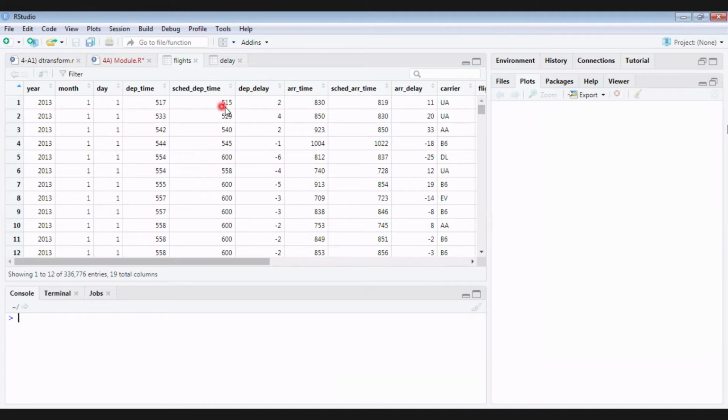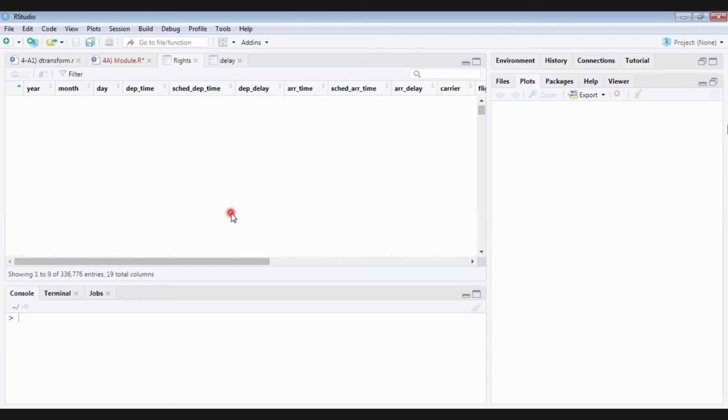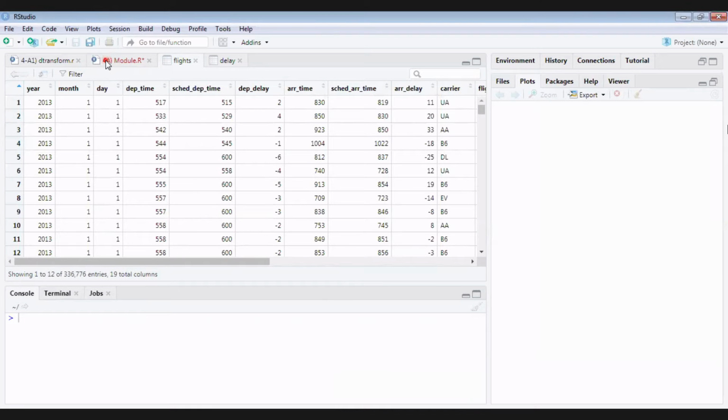So this is like morning 5:15 a.m., 5:29 a.m., 6 a.m. These are the scheduled times. This is like 7 o'clock morning. Okay, this is about our data.